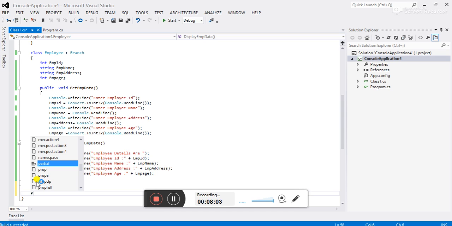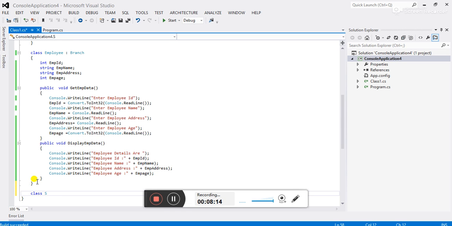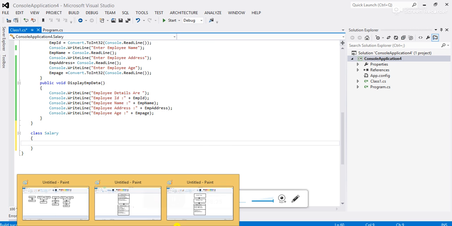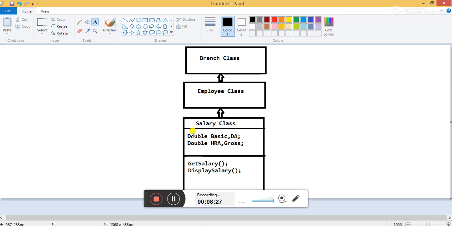Below the employee class I am declaring the salary class. Under the salary class I am declaring these data members also.